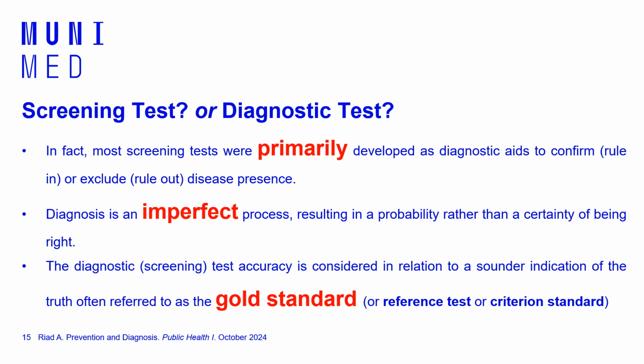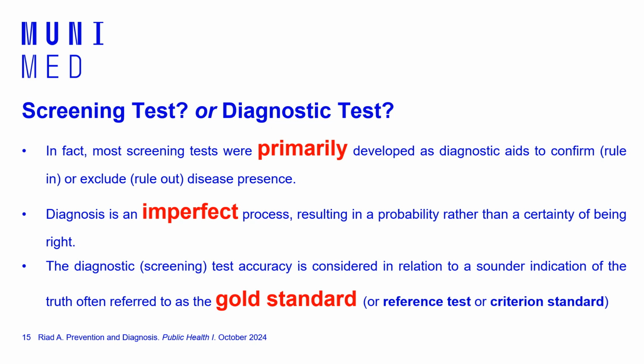Okay, then the diagnosis as a process in general is not perfect, and within the classroom of this seminar you will learn how this is the case, because yes, you make a decision that this patient could have cancer, but you cannot be 100% sure. In the good cases you are sure by 95% or 90%, but you cannot reach 100% certainty. It's technically impossible.